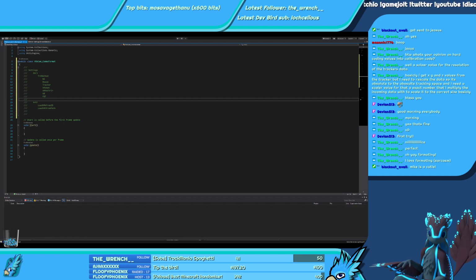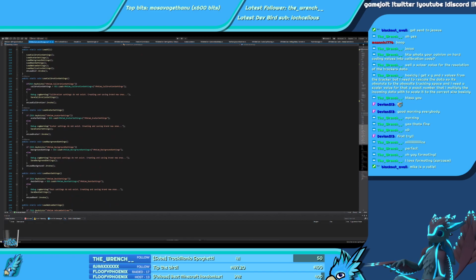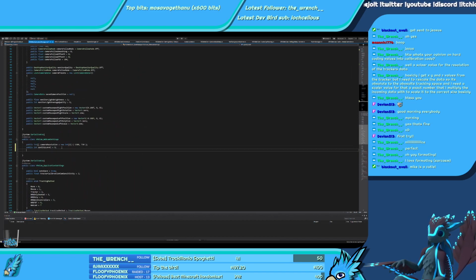And that would potentially be inside here, quality level 3. Bloom parameter.